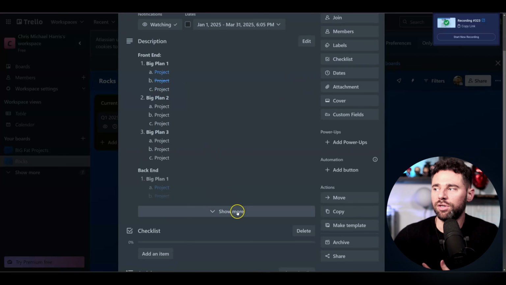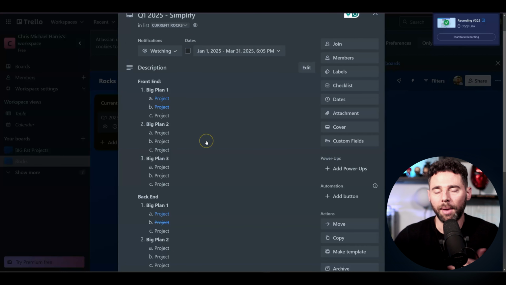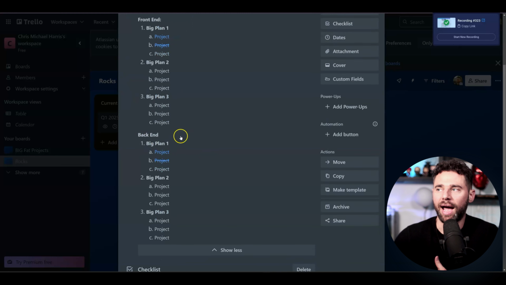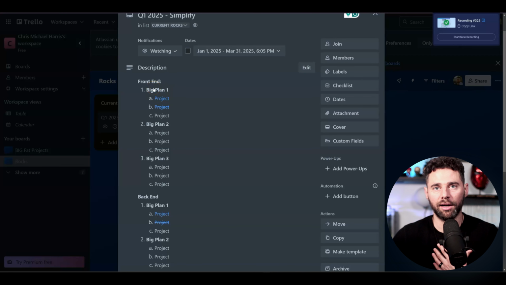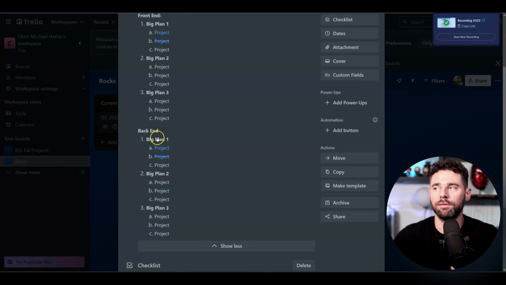Now, what we've also done, and you can do this or you can make it whatever you want, but we've designated both front end and back end. Now, what that means is since we're in a client-facing business, and maybe you are as well, front end is client-facing stuff, right? It's marketing that we're going to be doing to the public. It's things we're doing to attract new customers. It's the stuff we do that makes the money, right? To put it simply. And on the back end, what we're doing is we're actually servicing those customers.